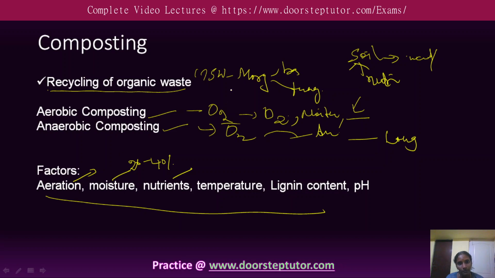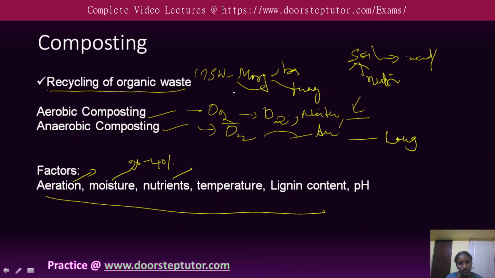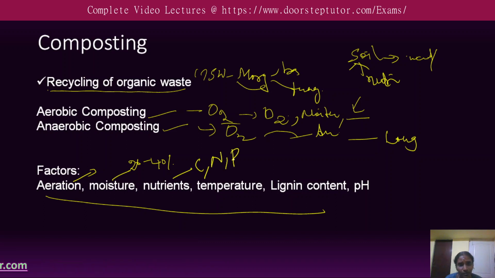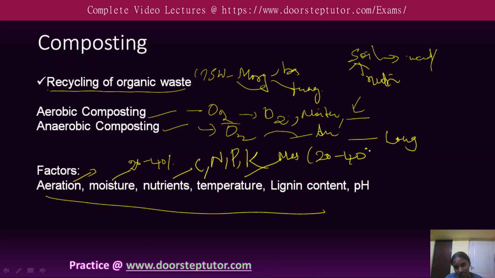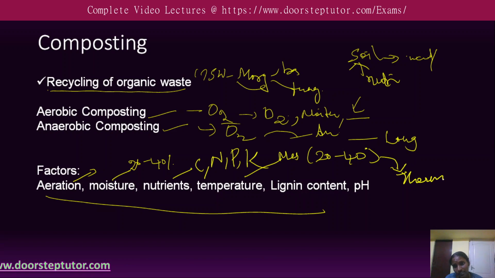And the nutrients. The microbes that are used in composting need nutrients like carbon, nitrogen, potassium, as well as phosphorus. And the temperature also we need to maintain at the optimum. Initially, it is in the mesophilic condition, where the composting is maintained at up to 20 to 40 degrees Celsius. Then after some time it moves to the thermophilic condition, where the temperature increases to 60 degrees Celsius. There only the thermophilic microorganisms sustain.